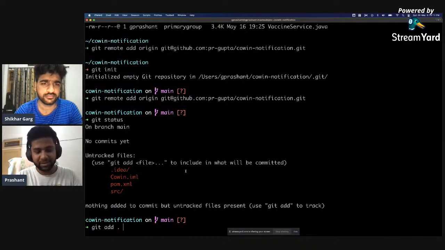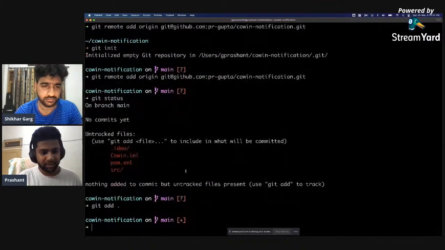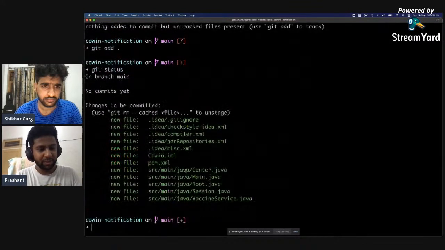By the way, this is something that we didn't talk about last time. Git add dot basically adds everything that is present in a system. It is generally not a good idea to do this, but since we have a lot of files, we'll go ahead and do this. So git status should tell me that I have a lot of files that I need to push. So git commit -m initial commit,